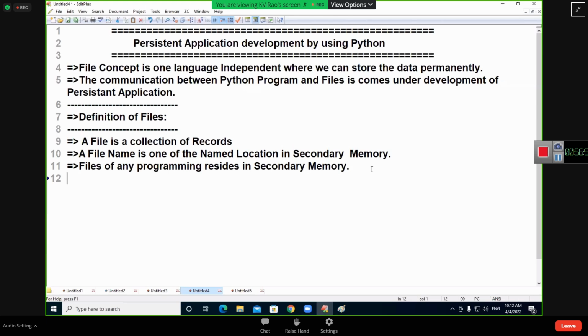Only thing is, programmatically, if you are very sound, you can remember. Of course, you are not remembering even programs. Ankit is remembering, it seems. I know you are remembering even your LKG level subjects. I know Ankit is remembering even fifth class mathematics. Ankit, can I ask one question in fifth class mathematics?